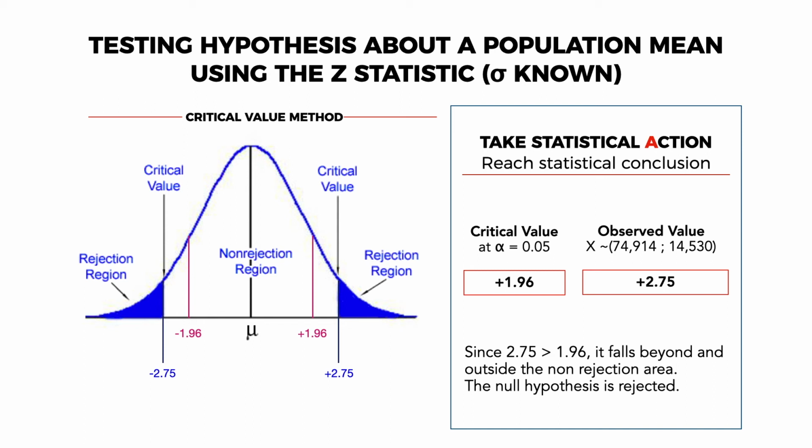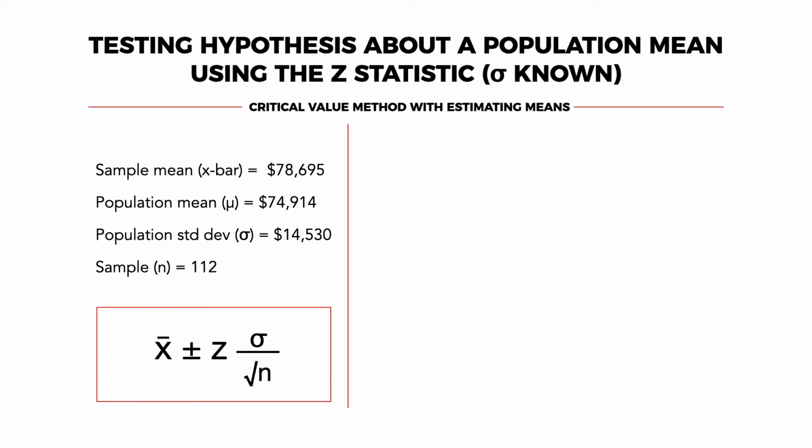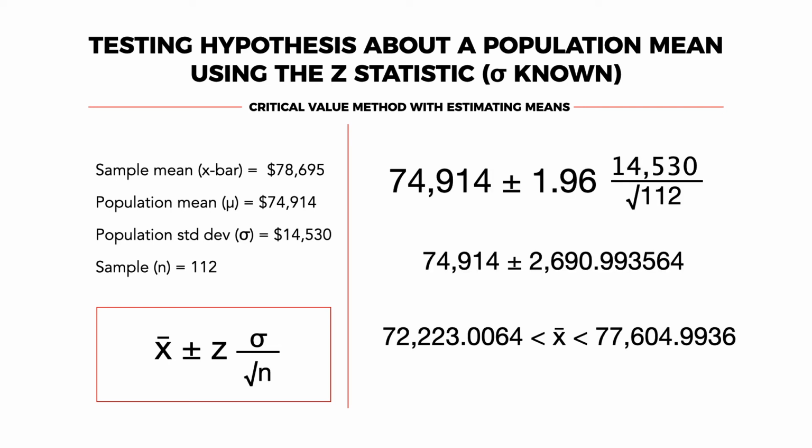And so recalling from our previous lecture, the formula for estimating the mean is population mean plus minus z-score multiplied by the standard deviation over the square root of n. Now let us plug in the different values into the formula. 74,914 plus minus 1.96 multiplied by 14,530 over the square root of 112. Notice here that we use 74,914 instead of the